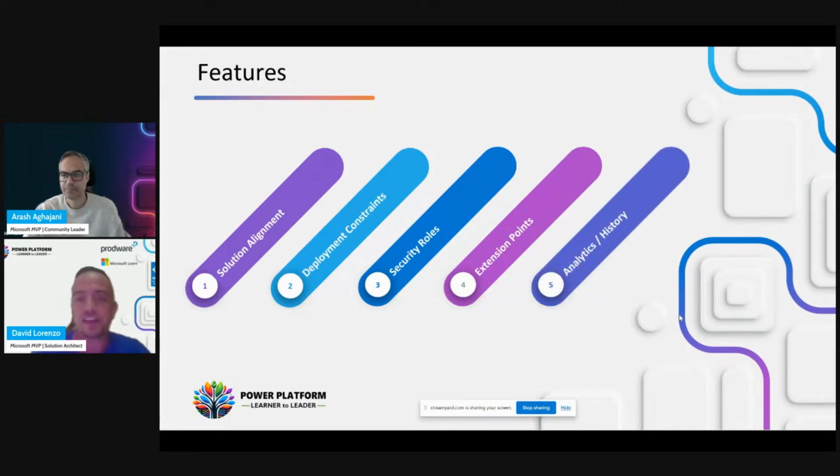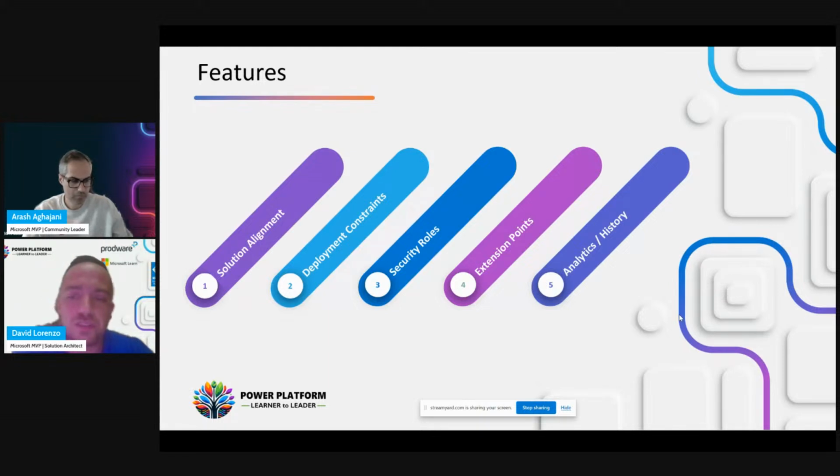Okay, and finally, we will also have analytics and history of deployment, so we can review past deployments. We can see problems that happened in the past. We can also have statistics of the runs, how many runs of every stage, and so on.